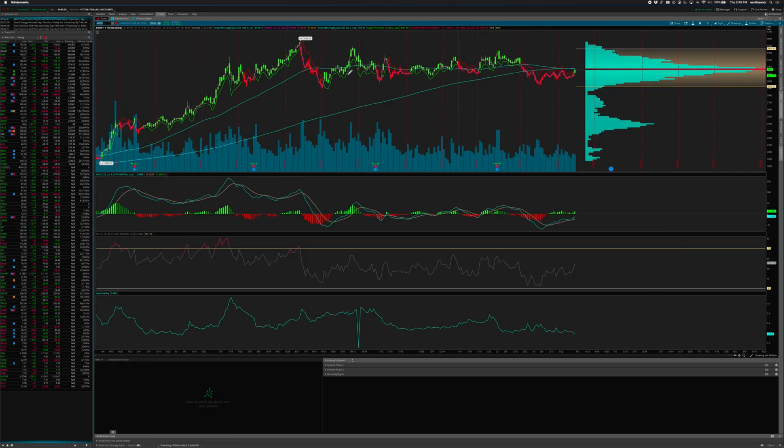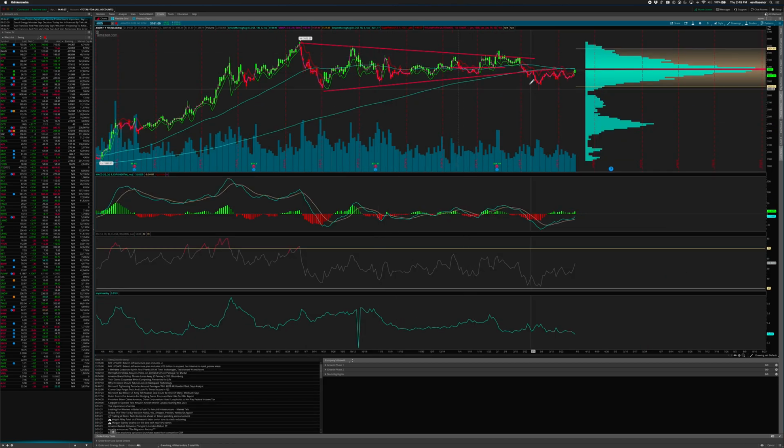That's one of my favorite patterns to look at, but it doesn't always work out the way you think. For example, Amazon had the same pattern where it had lower highs and then higher lows. So what I mean by that is this low is higher than this low, and this low is higher than this low. Same thing, right? And the highs are getting lower and lower. So it looks like it's a wedge or a triangle, but they recently had some bad news,